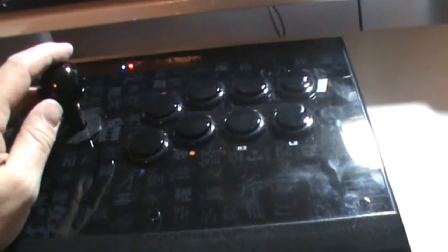So when I started talking to the guy, I was sure he was going to take me for a ride. And I don't know, maybe he did, but for $60, I got exactly what I wanted, and I didn't have to pay for more than what I needed. And it looks pretty legit. It's a pretty sweet looking stick, actually. So yeah,